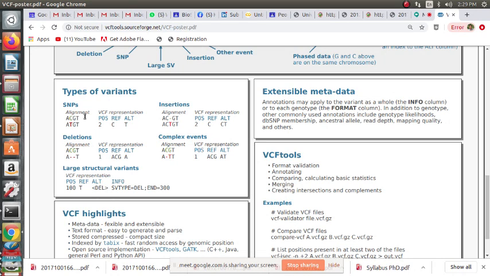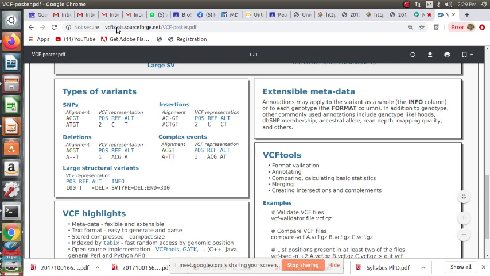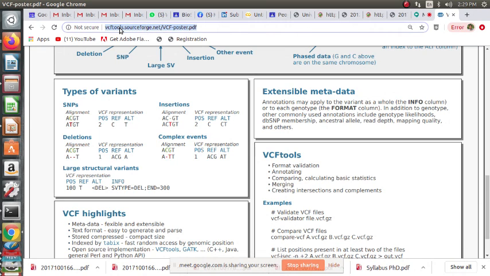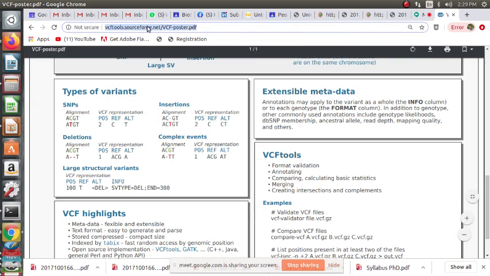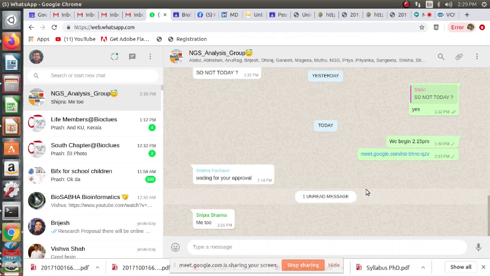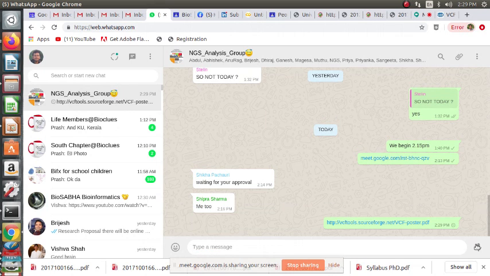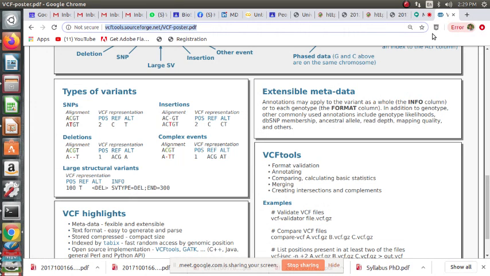Yes, so we can represent this like this, right? I'm mentioning it in the header here. First I'm copying this in the WhatsApp group, so you can have a record. Always refer to this poster for knowing about the VCF format. This is the original VCF format poster, when the VCF format was originally authored as a poster presentation in International Society for Computational Biology conferences. So I'm mentioning here each thing, it's simple, right?